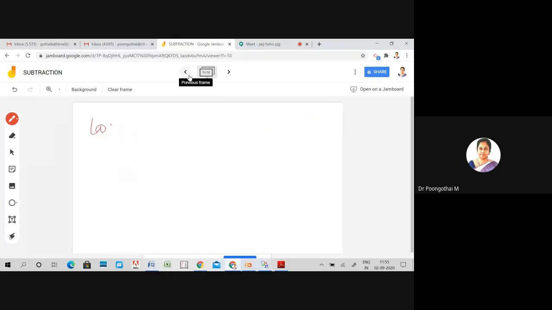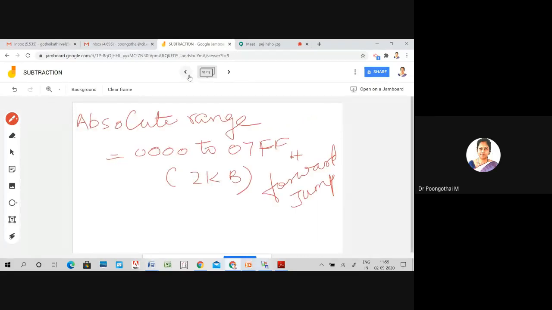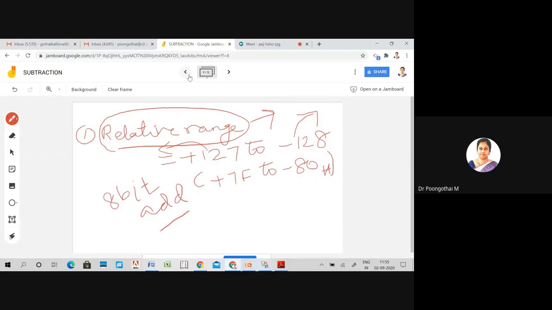So 3 types of ranges. Your range can be of 3 types. Relative range: your decrement jump no zero uses this relative range address. It can perform both forward jump and reverse jump. The range is within plus 127 to minus 128, so it's divided into positive and negative range.